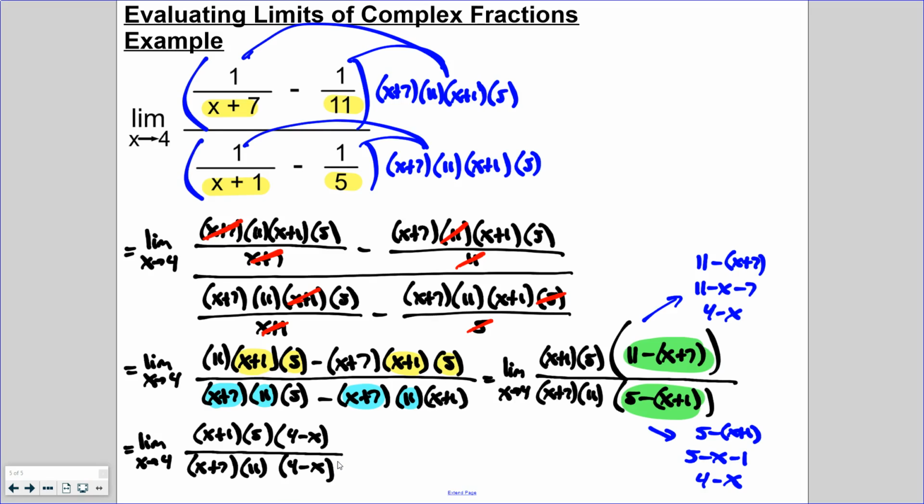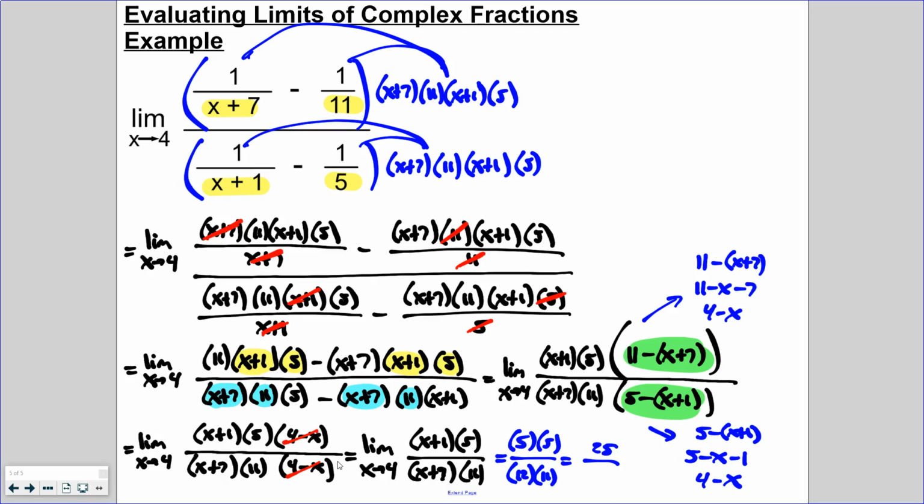And wouldn't you know it, 4 minus x in the numerator and 4 minus x in the denominator are going to cancel out, leaving us with the limit as x approaches 4 of (x plus 1) times 5 all over (x plus 7) times 11. And then we can substitute in the 4. I'm going to have to skip a step because I'm running out of room. When we substitute in the 4, we're going to get 5 times 5 all over 12 times 11,